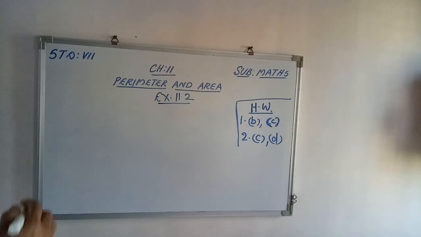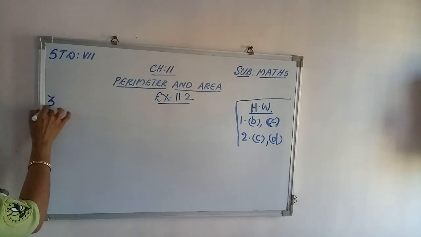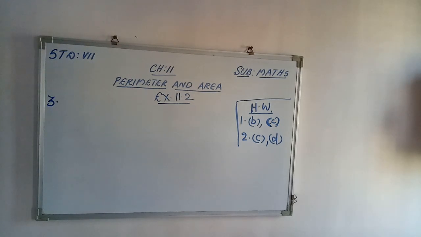Now question 3. Question 3, there is one table given. You have to find out the missing values. In some questions, base and area are given, you have to find out the height. In some questions, height and area of parallelogram are given, you are asked to find out the base. So first question we can start with